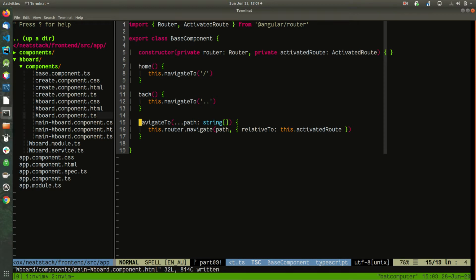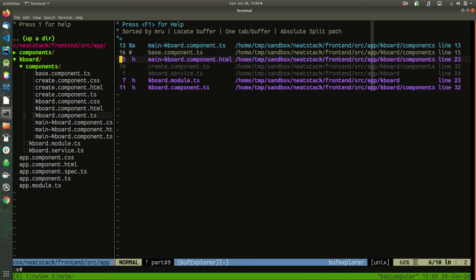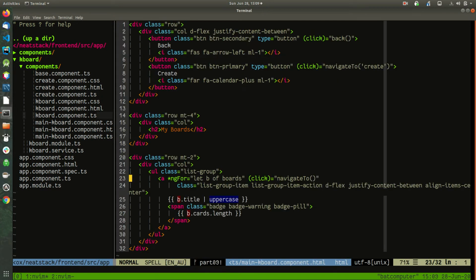We are using this navigateTo, right? So what we'll do is go back to here, and then we will say navigateTo a route which we have not yet defined. I will say update, and then I'll append it with the bot ID,